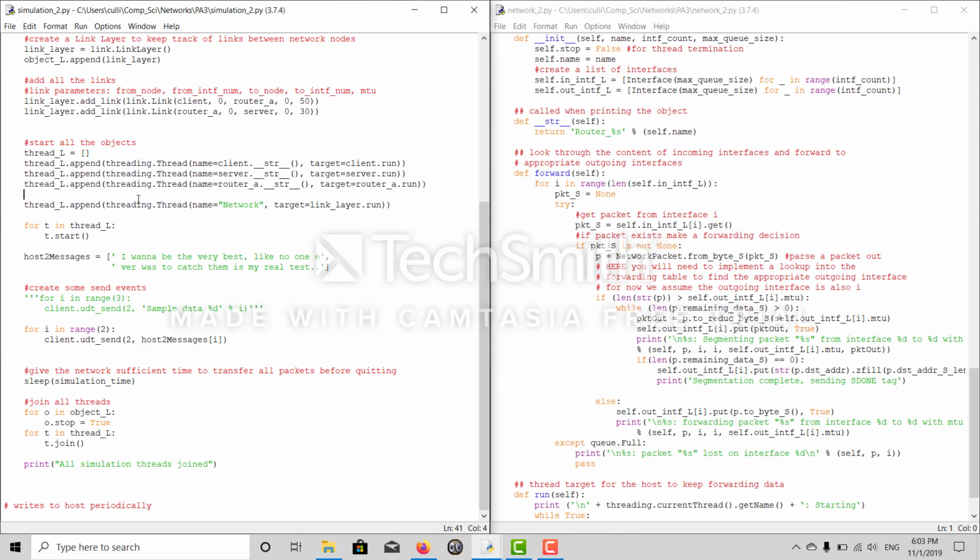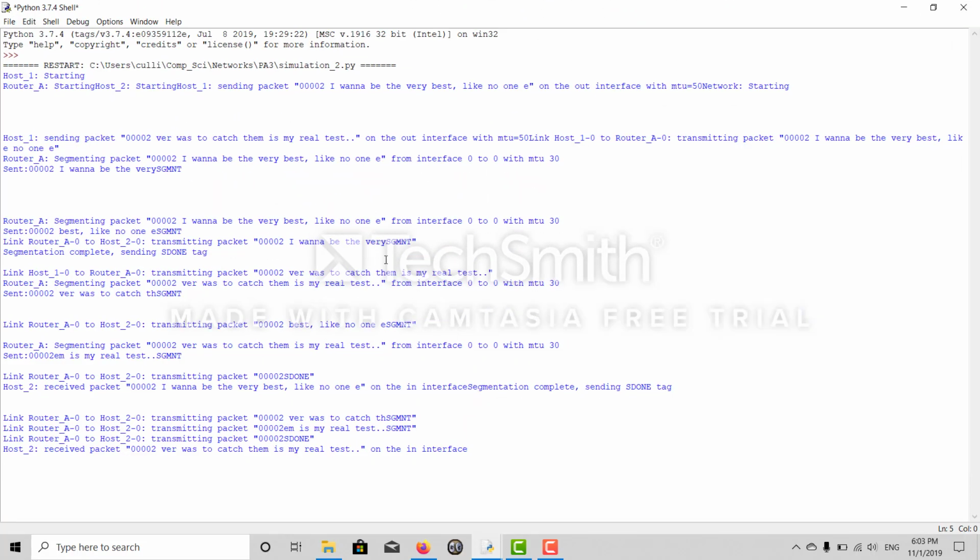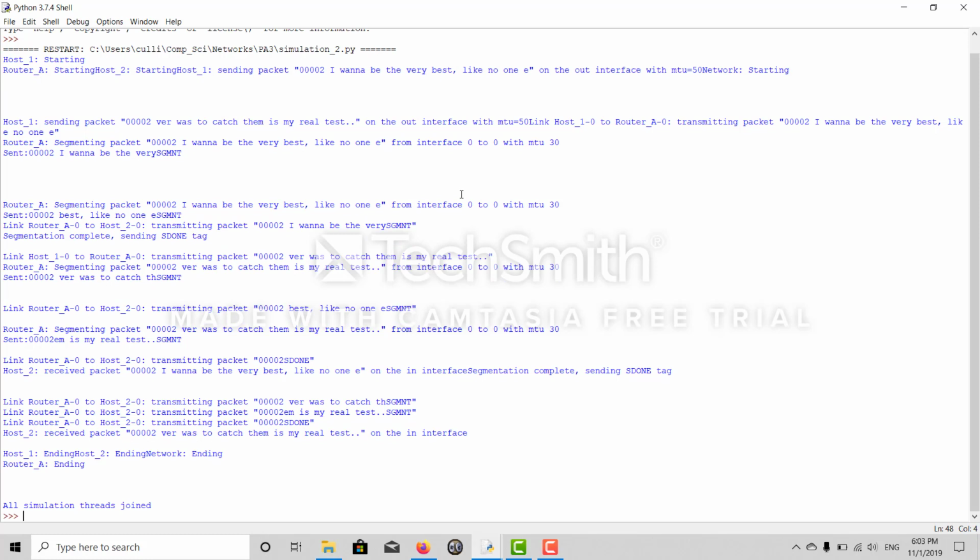So we're going to go ahead and run this. We didn't make much for changes to the simulation file on this one except for extending the time. There we go. All right. So as you can see here, it gets sent to router A, realizes that it needs to segment, and sends out the pieces with the segment tag. Down here you can see once it's done sending all of them, then it sends the sDone tag, and then we'll be able to see the received right